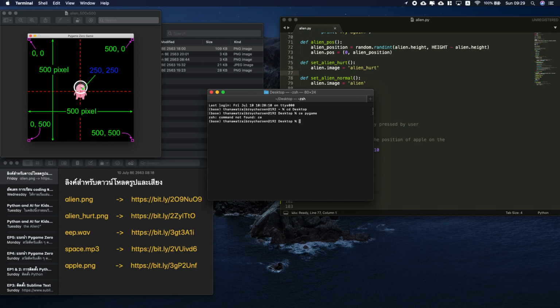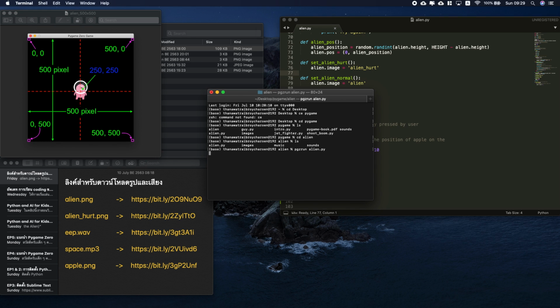Game enter. cd pygame enter, and I put it inside the folder alien. Enter, ls to list. Okay, we have alien.py here, so I'm going to run this file with pgzrun